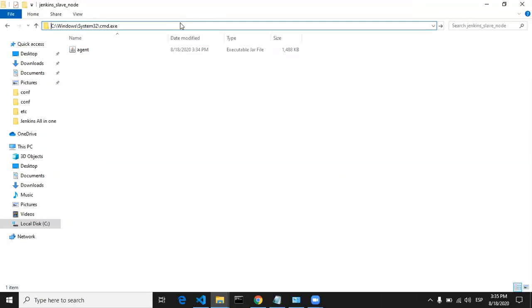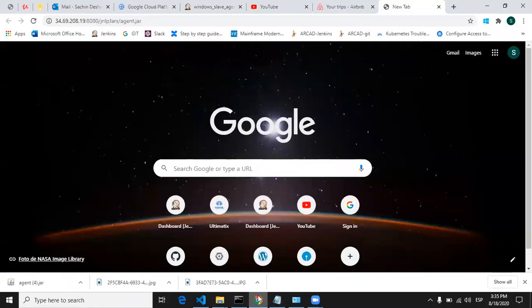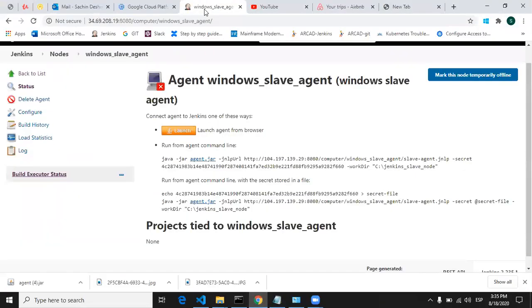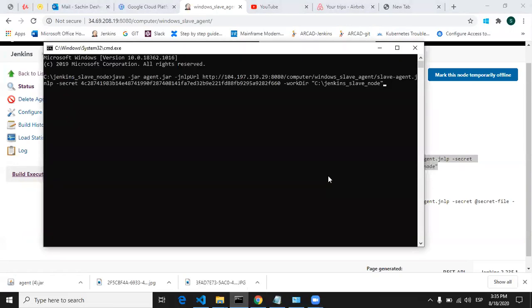Then a command prompt will open, and in this command prompt, you have to go here in your Windows slave agent and copy the whole command. So when this command is given, you can see this IP address is a random one. This is not the IP address of our Jenkins URL. Okay, so we'll just copy for now, and in the IP address section,